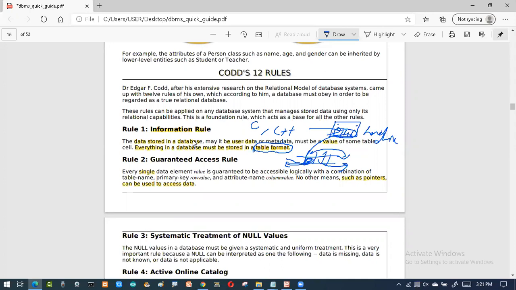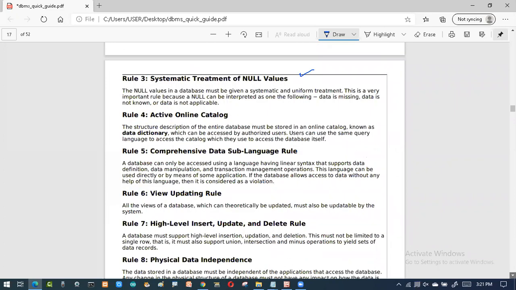Okay, then coming to the third Codd rule. What is this third Codd rule that we're going to discuss? It talks about the systematic treatment of null values. As I told you in the beginning, when I say primary key, it is not null. Every time I'm telling you, not null. I'm also talking about uniqueness, no duplicates. Like this, I'm going on telling about it.